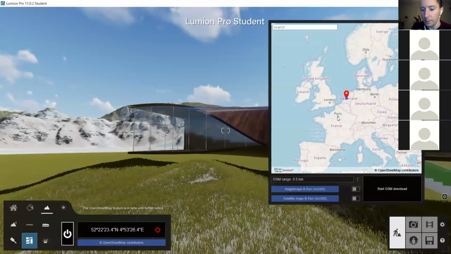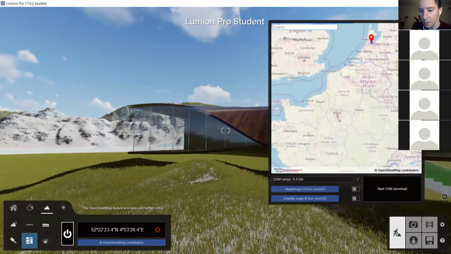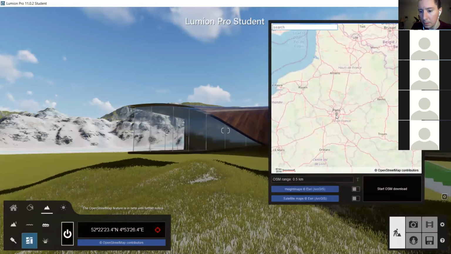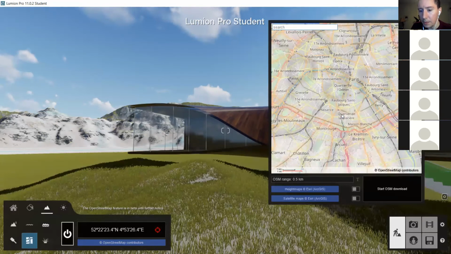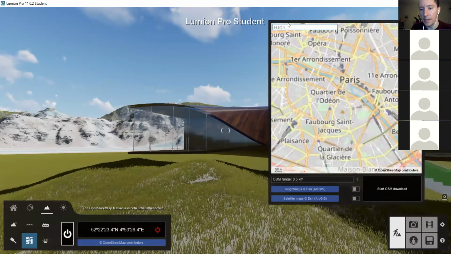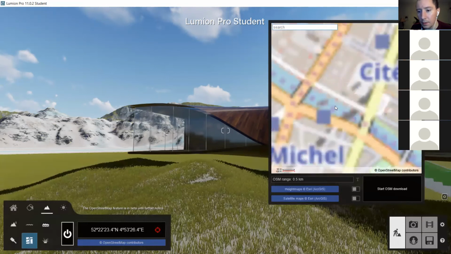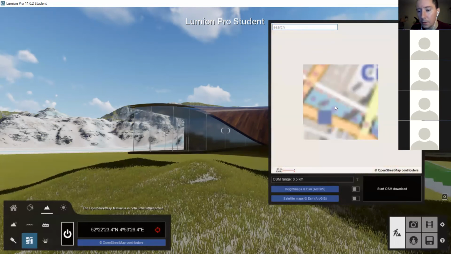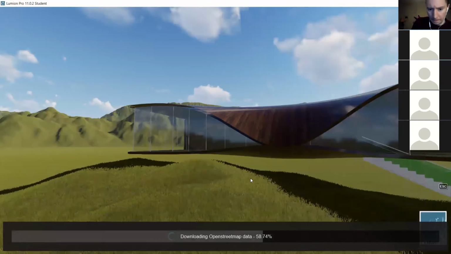So let's see if I can pick Paris. See what we can do here. See how interesting we can get. So you have to pick an area. It's basically taking the area that's in this image here. So let me zoom in slightly, it's a little too far. See what happens when we click this. There's a chance that it might crash, but it'll basically download that data,